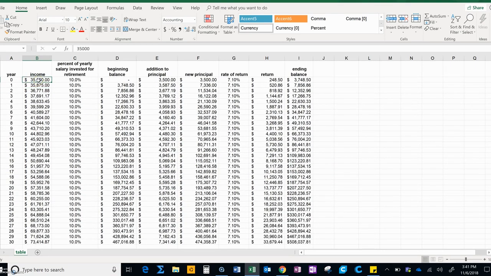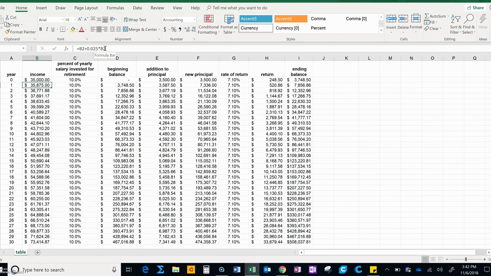It has our income. We put our income in the first cell, B2, under income. We're going to arrow down and look up at the formula bar. The formula bar has an equal sign, which lets you know it's a formula that Excel is calculating. It says B2, and B2 is our income, $35,000. We added to that 0.025 times B2. 0.025 is 2.5%, so we're multiplying 2.5% times our income, and that's going to be our